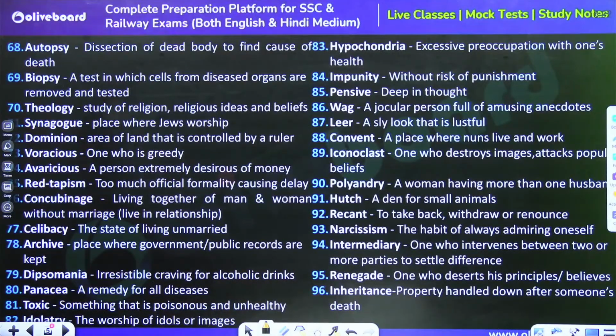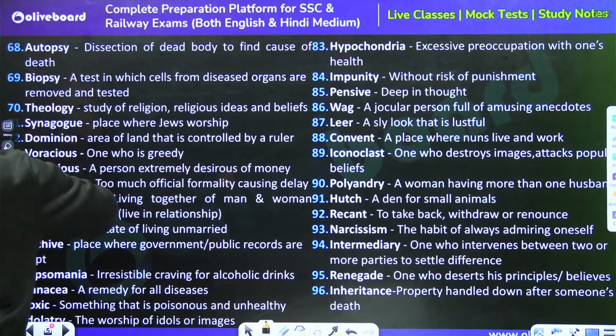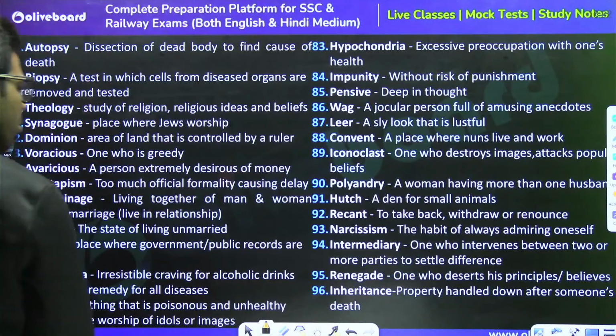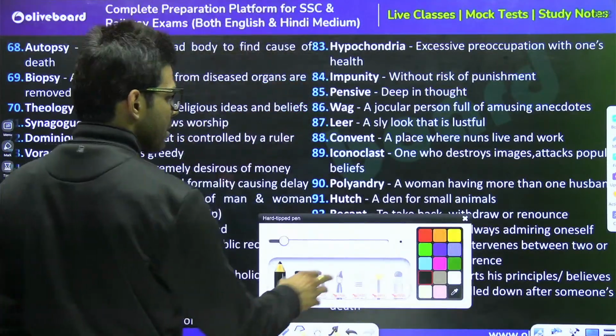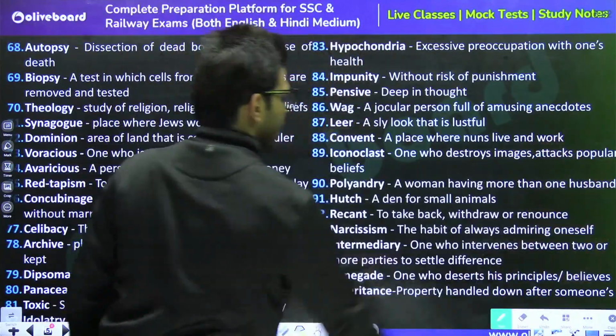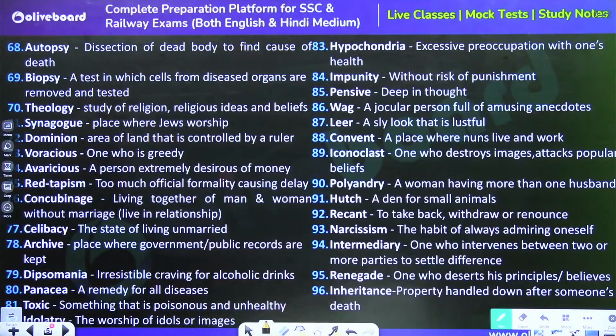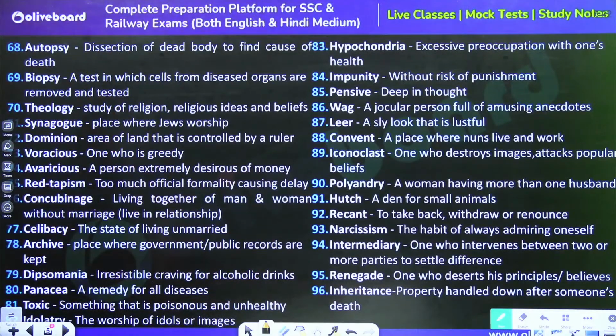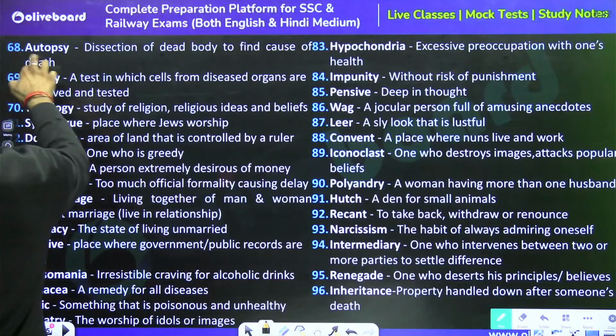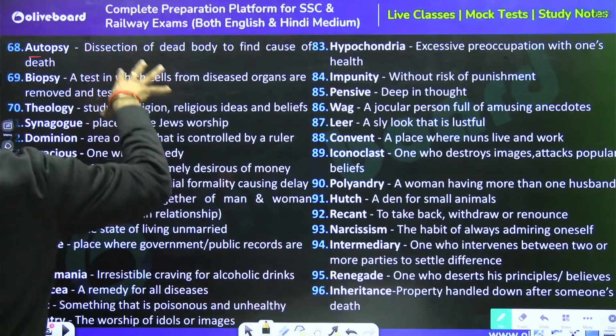Okay, let me read these out for you. Autopsy, biopsy, both are similar in terms of the action, but they are different in terms of their actual sense. See, autopsy etymologically, as per the origin, used to be auto, self. That means when a dead person used to come, the doctor used to tell the cause of the reason that way. But nowadays we have pathologies in order to check things precisely. So nowadays, autopsy is the dissection of a dead body to find the cause of disease.